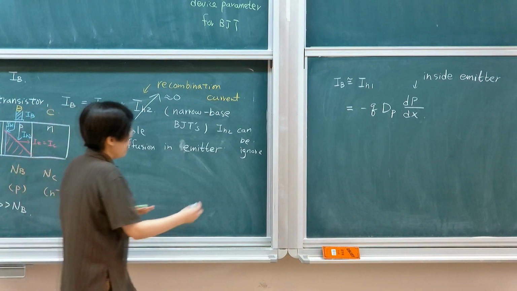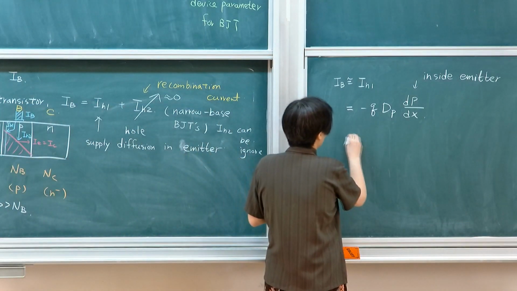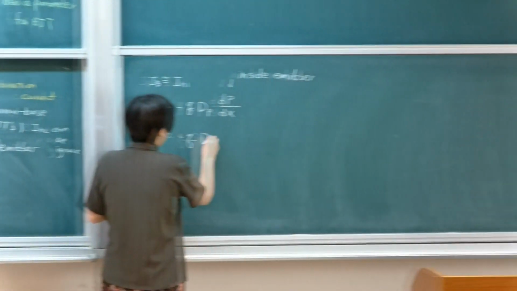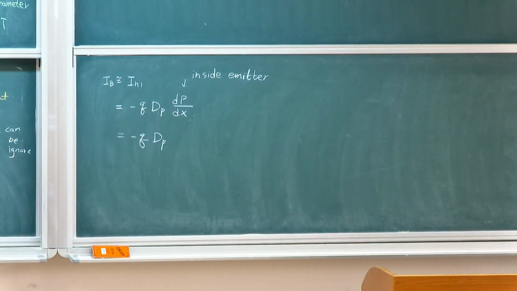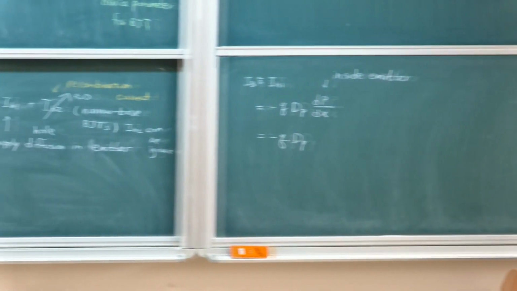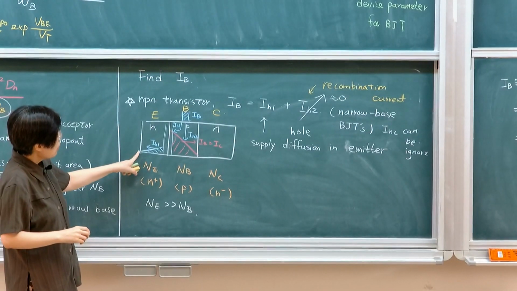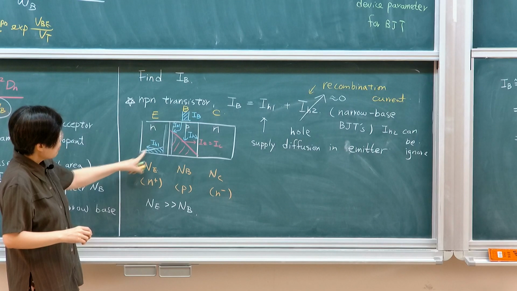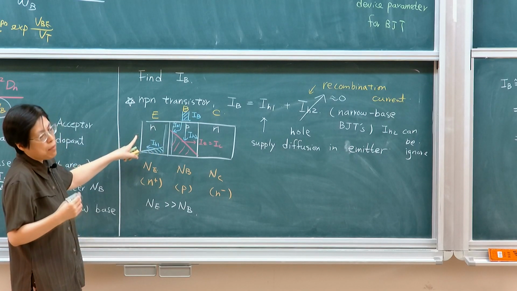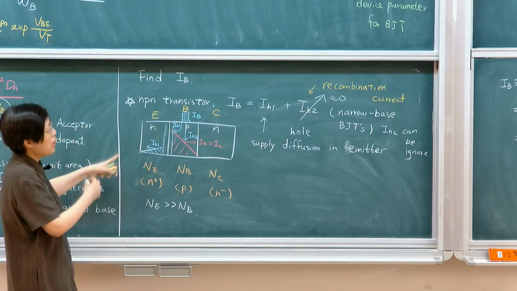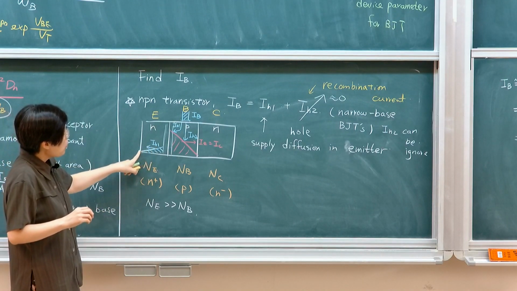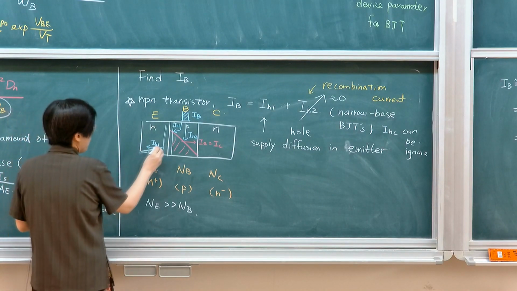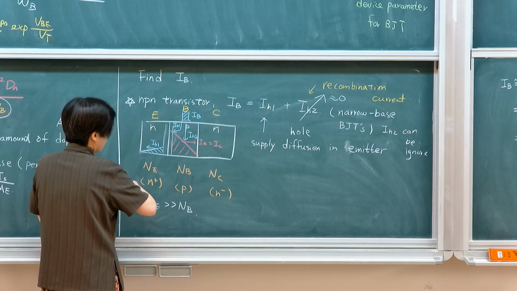So let's take a look at how one derives this. This is minus Q dP because it's the whole current. What is the profile along this direction? The current is going in the minus x direction, so you will get a minus sign anyway. But anyway, if you want to create this, we know that at this point,